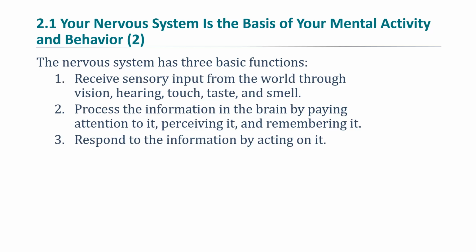Your nervous system has to get information through your eyes, your ears, and all of your other senses. Then the second function is that you process the information in the brain by paying attention to it, perceiving it, and remembering it. After that car brakes and the light rays enter into my eyes, I process that light information by attending to the new stimulus and perceiving. I perceive the information as meaning that the car in front of me is stopping. So the information gets into my nervous system through my eyes. Then I make sense of it. Oh, that car is braking, and so I better do something.